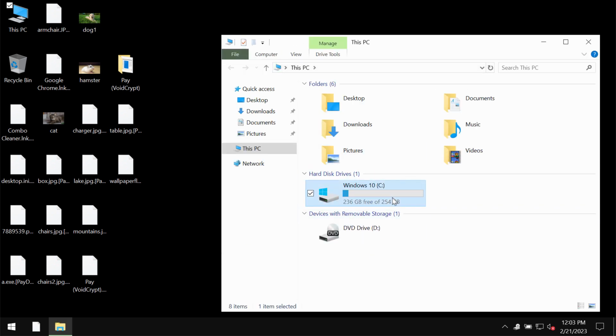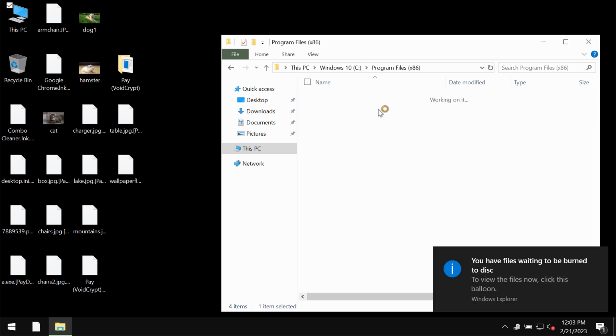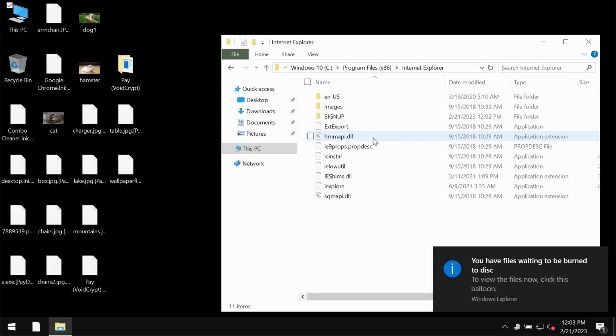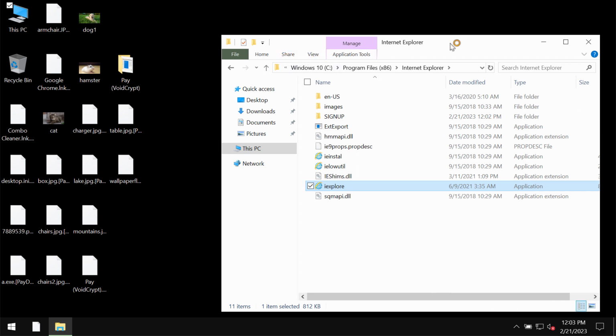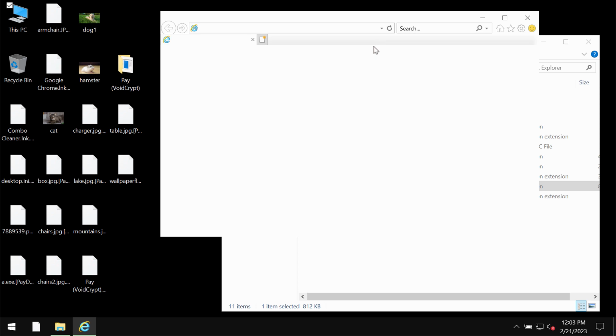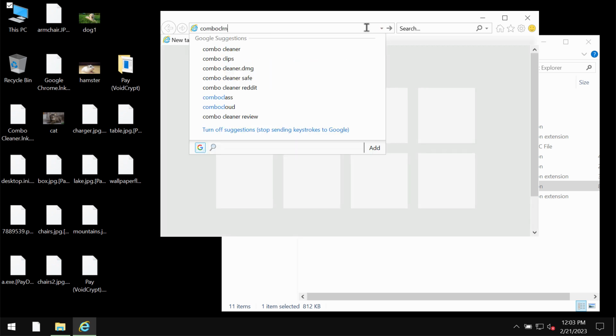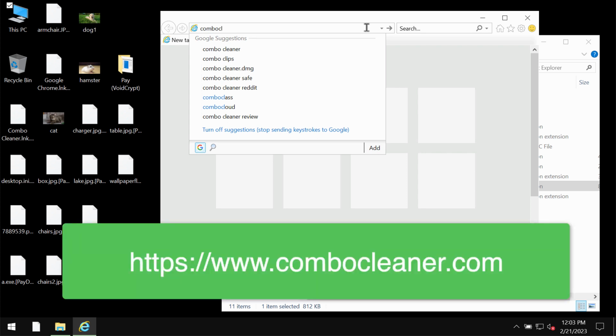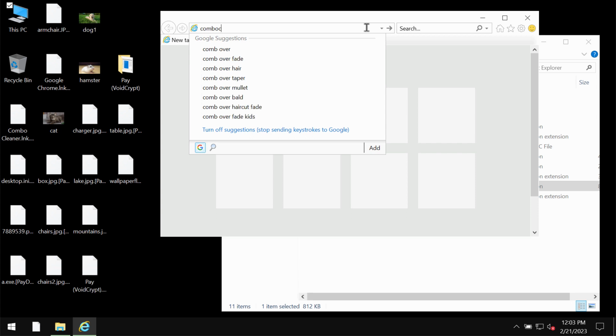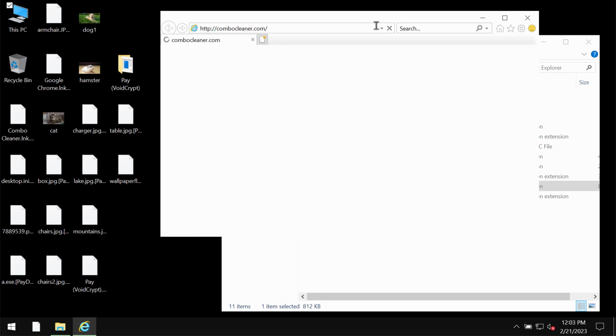To remove it, we recommend you to use a special program called Combo Cleaner Antivirus. You may get Combo Cleaner through the official website combocleaner.com. But to get here, you will need to use your Internet Explorer browser, because other browsers and their desktop shortcuts could be also damaged by this ransomware. Anyway, through Internet Explorer browser, go to the page